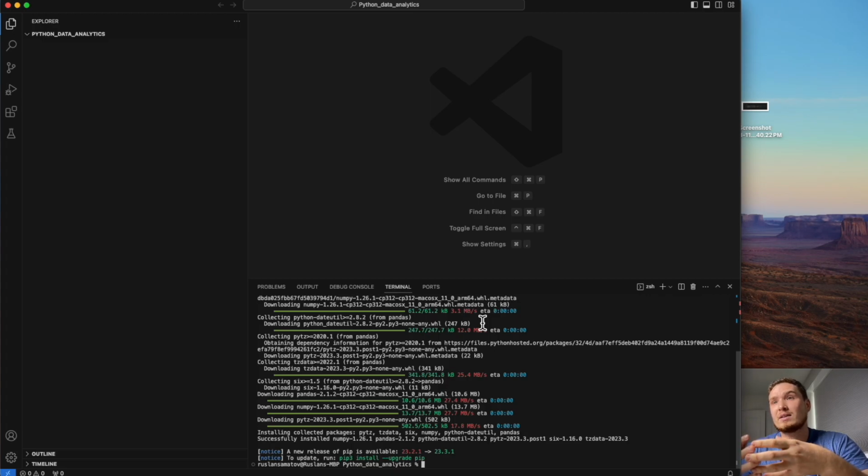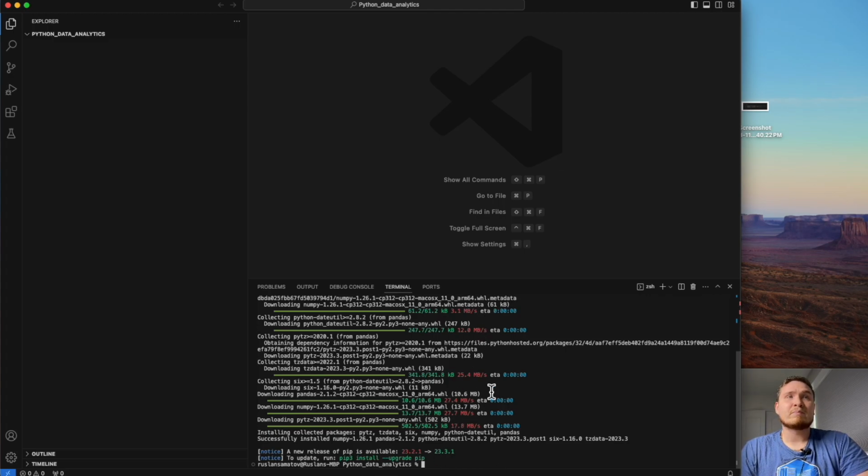Some devs already created those methods and functions to work with data, but to avoid Python being heavy, with a slow installation process, they decided to keep them as separate libraries, and whatever you need, you can import.